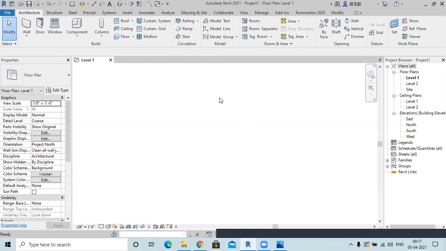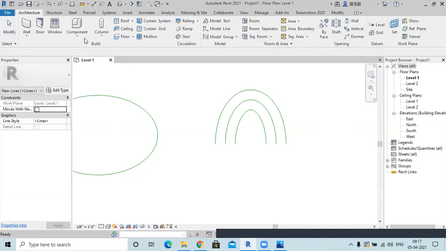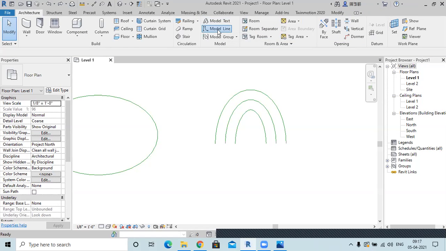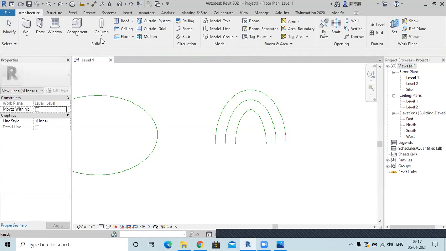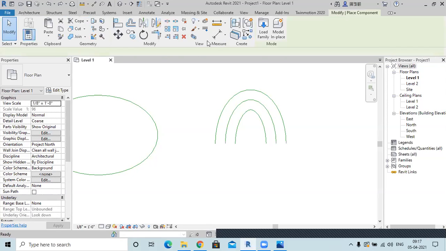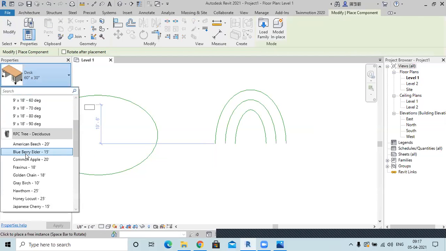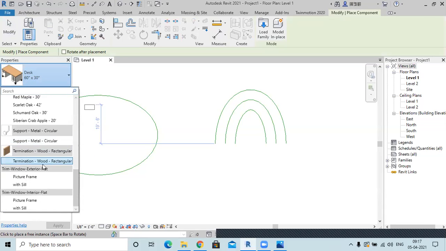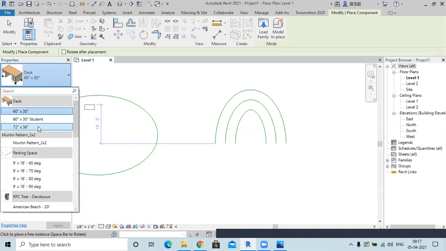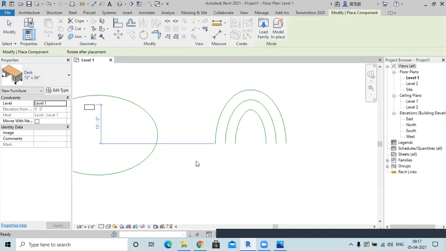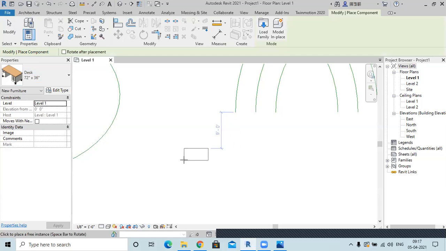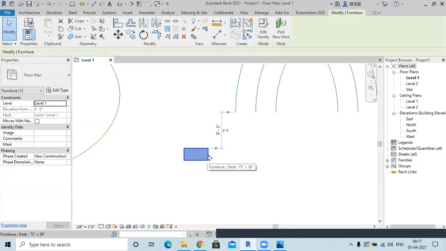Wait, I'll draw something else. Maybe a component, maybe this desk or some other component. Let's see if we have something else. No, right now we only have this desk. No issues. Maybe this desk I have created. So now this is a desk.